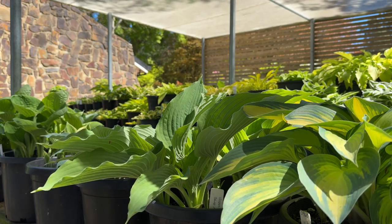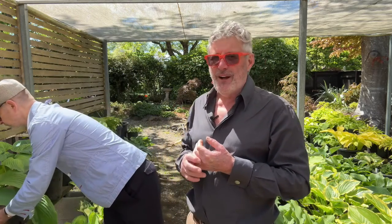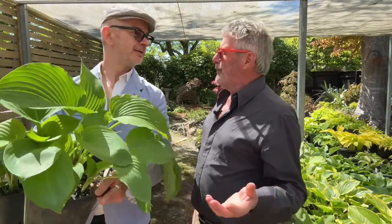Yeah. Now, where does the name Hosta come from? Well, I can remember as a young horticulturalist, their name had not long changed, I think, but they used to be known as funkias. Funkier. Yeah, funkier. They're now Hosta, and it's named after Nicolaus Thomas Host, and he was a physician and botanist. Yep. He wrote a highly interesting work on the grasses of Austria